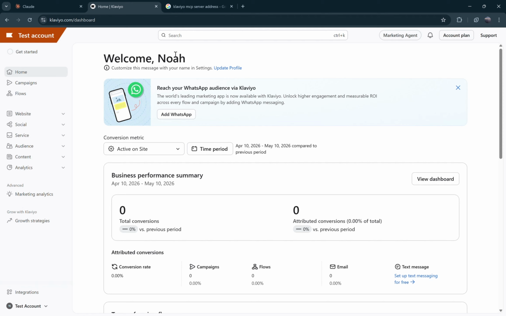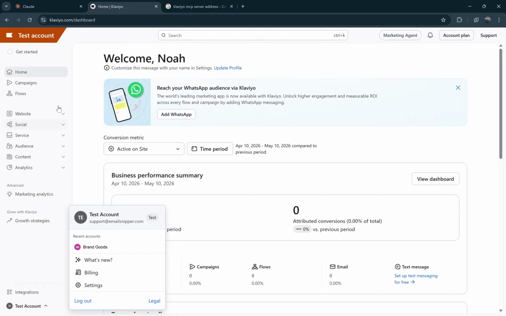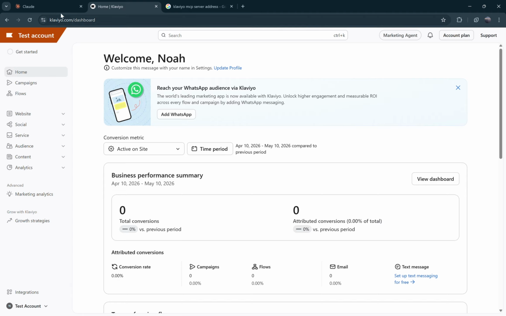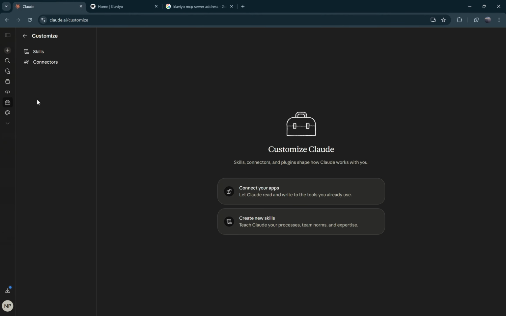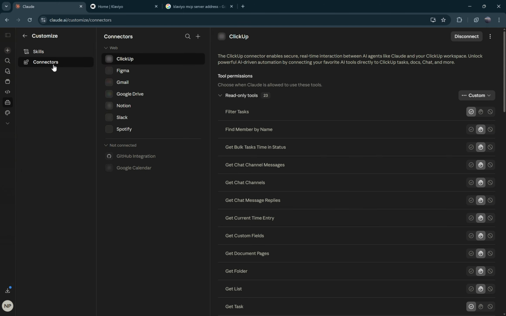In this video, I'm going to go through the process of connecting multiple Klaviyo accounts, and I've just got a few made up test accounts here, and connecting them to Claude. So the process I'm going to take is I'm going to go to the Customize page first, and then I'm going to go to Connectors, and in the plus icon at the top here, there's Browse Connectors, and I can